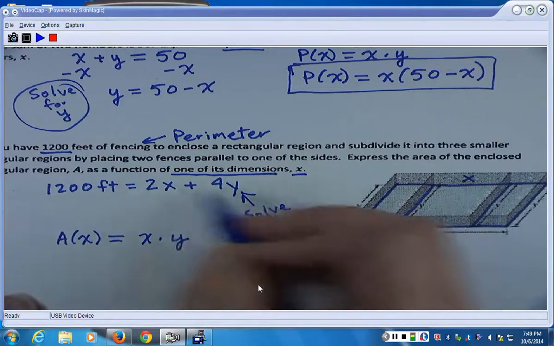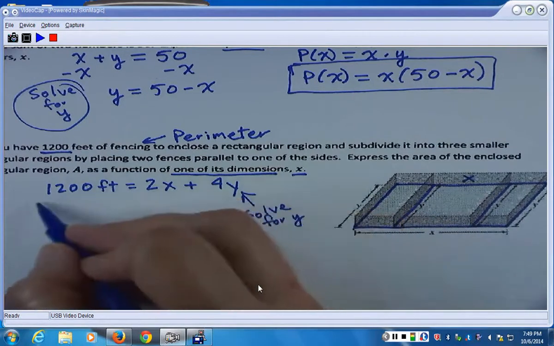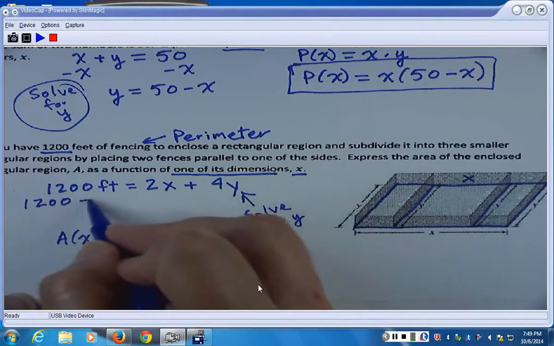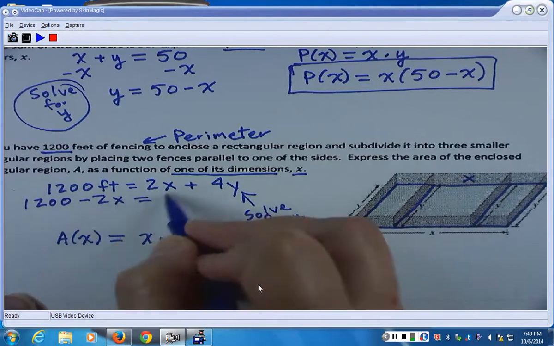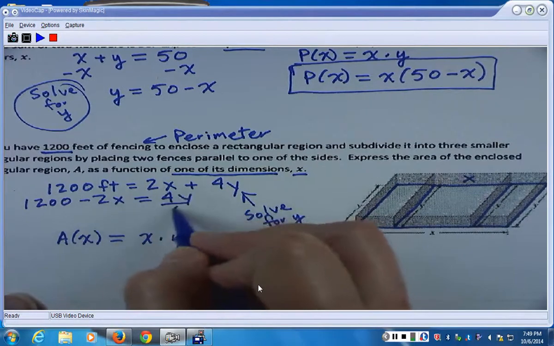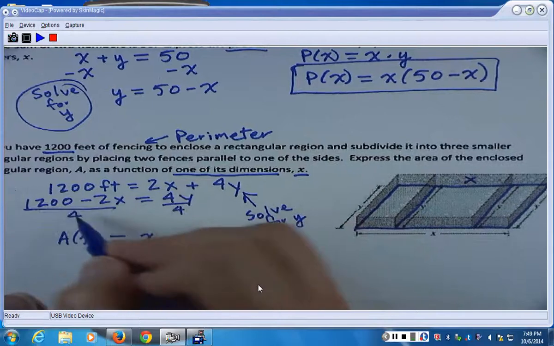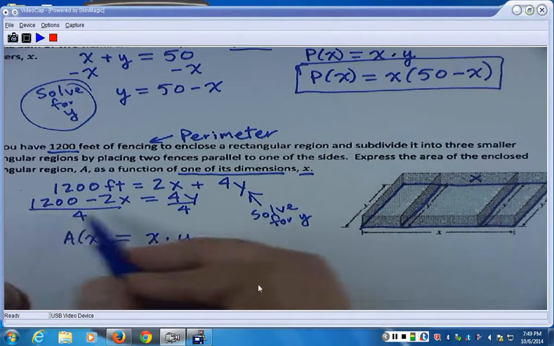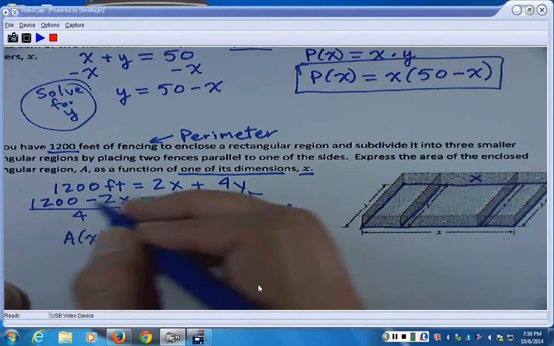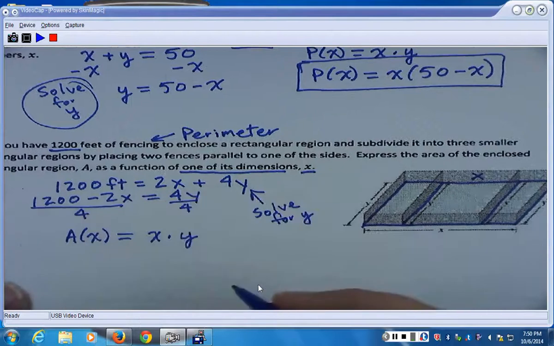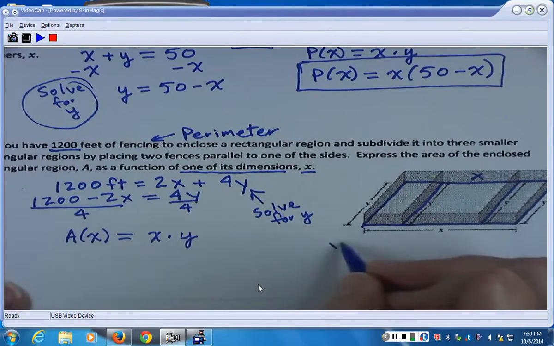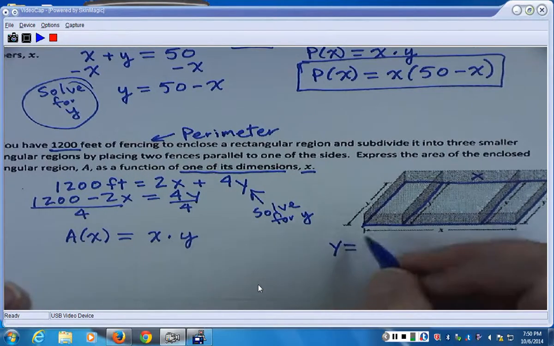So we solve for y, subtract 2x, 1,200 minus 2x equals 4y, divide by 4. And then you can divide a 2 out of each of these. So I'm writing it over here, y equals